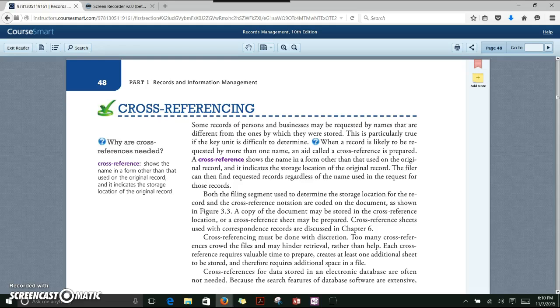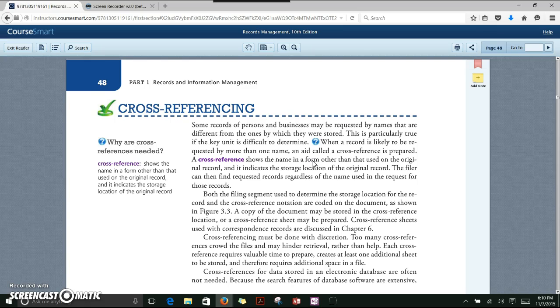This video is to clarify about cross-referencing a little bit. Cross-referencing shows the name in a form other than that used on the original record, and it indicates the storage location of the original record. So it shows that name